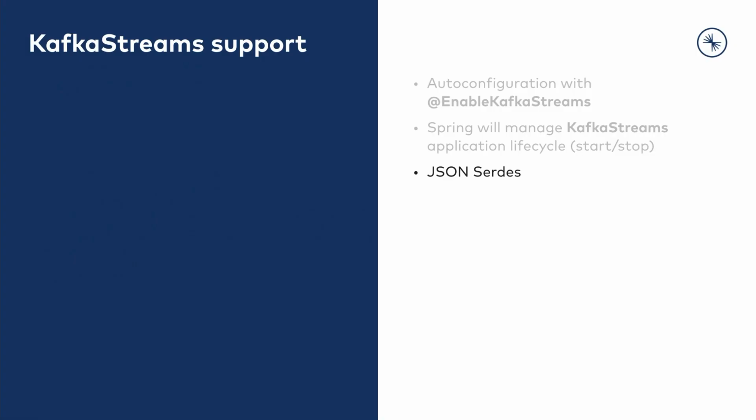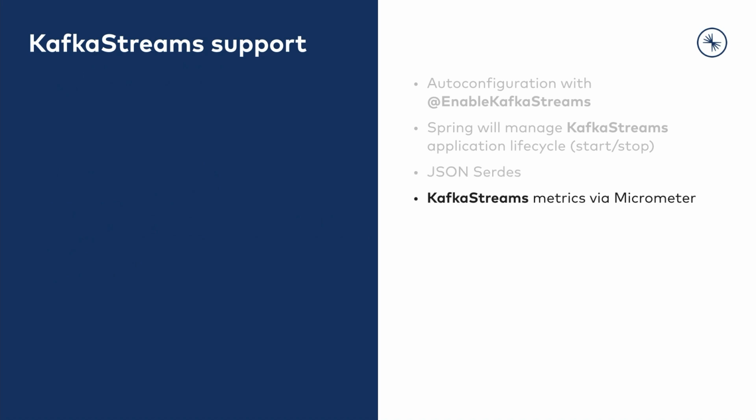Spring provides a Jackson-based JSON serializer and deserializer. Plus, it also provides a Serde for Kafka Streams. In many use cases where you don't need to rely on things like a schema registry, for example, you're writing some standalone application, you don't need to collaborate between different members of your team or different services, you don't need to publish the schema. The JSON serialization would work out of the box with those predefined serializers and deserializers.